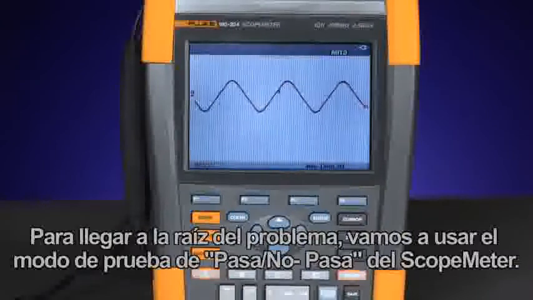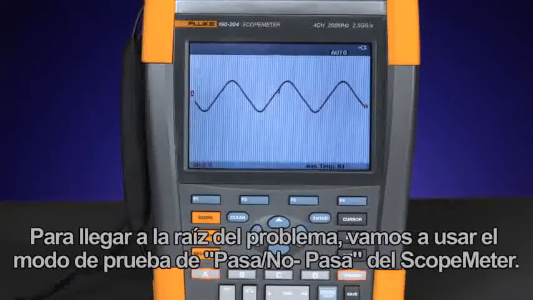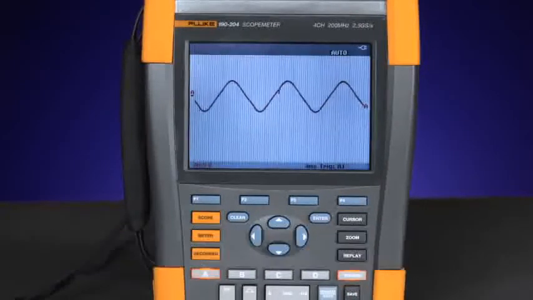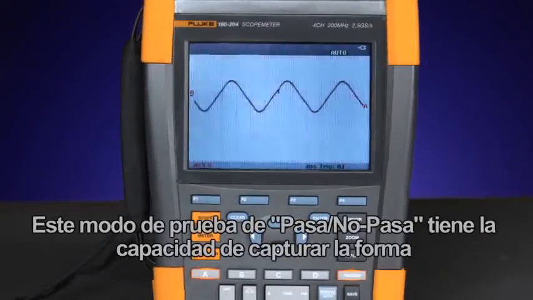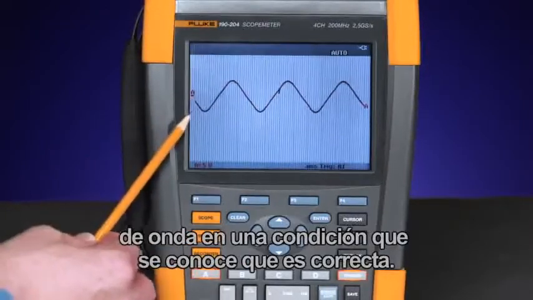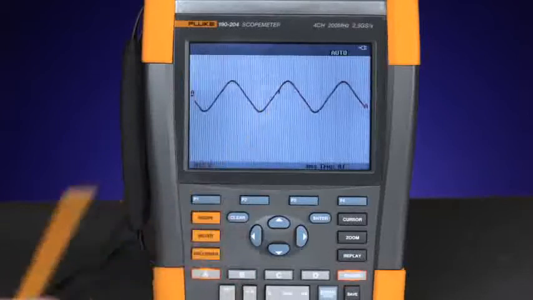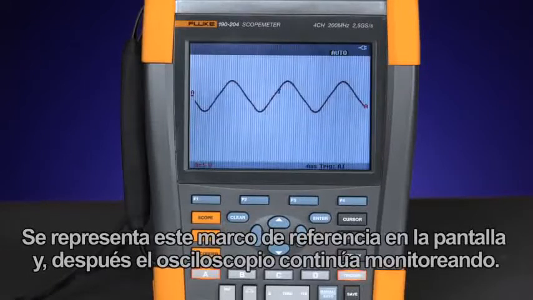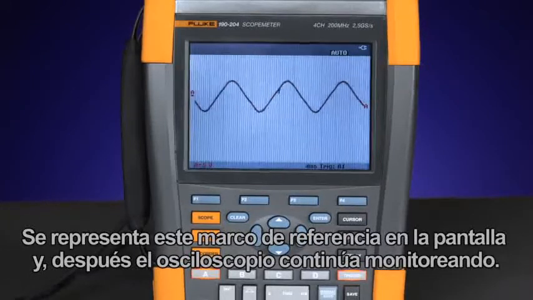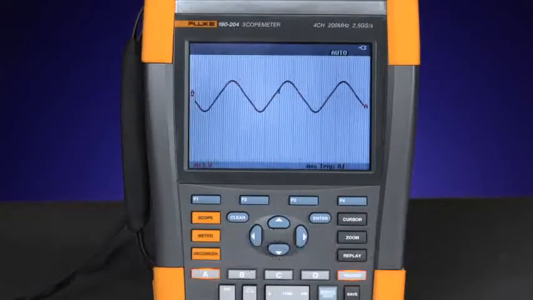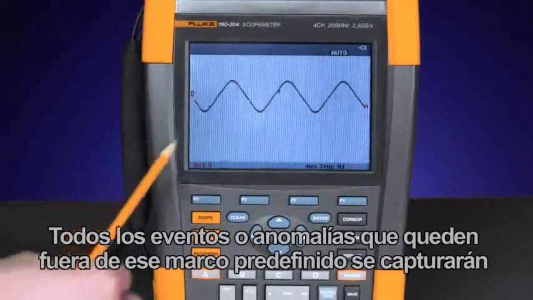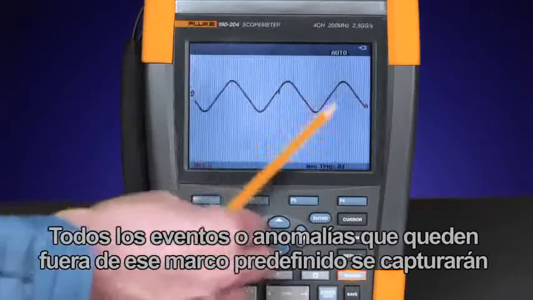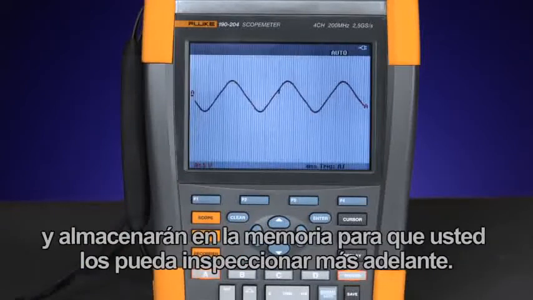To get to the root of the problem, we're going to use the scope meter's pass-fail testing mode. The pass-fail testing mode has the ability to capture the waveform in a known good state. It then stores the waveform into memory to use as a reference envelope. The envelope is created on the screen, and then the oscilloscope continues monitoring. Any event or anomaly that goes outside of that predefined envelope will be captured and stored in memory for you